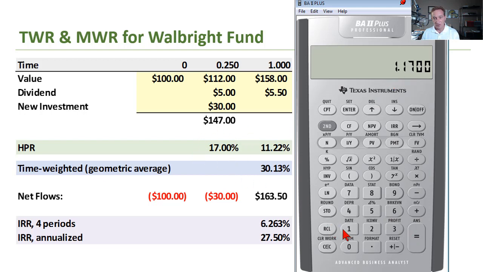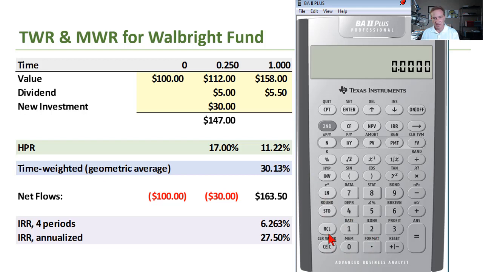I'll store that in 1. Then I'll go to the second sub period here, and I'll open parens. I'll have 158 plus 5.5, close parens, divide by, and here it might be tempting to go to the 112, but this 158 was really an improvement in price on the 147, wasn't it? That's really where we started April 1st. So we really want to divide by 147 there. And I'm getting 1 plus my 11.22% holding period return,